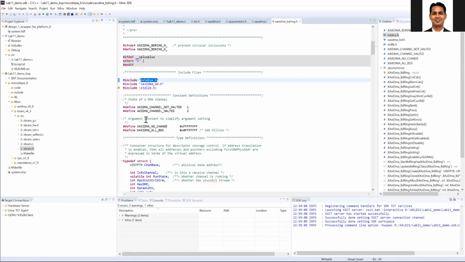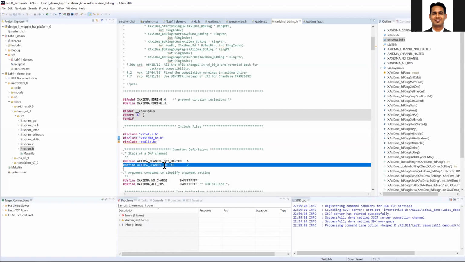You can see that in this AXI DMA channel halted or not. This is the mask we can use to understand the state of the DMA. This halted one is for the DMA channels.